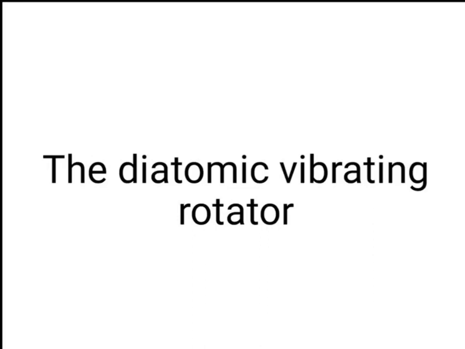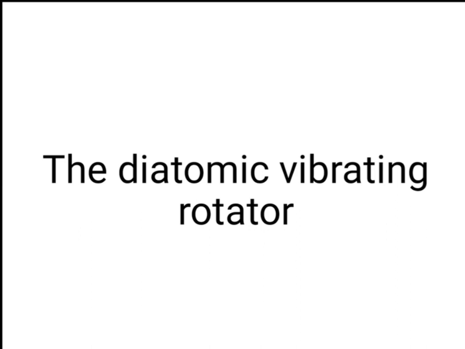Guys, today we are going to see the new point from IR spectroscopy, and today's point is the diatomic vibrating rotator. As we know, the molecule has four kinds of motions: electronic motion, vibrational motion, rotational motion, and translational motion. So here we are going to learn only the vibrational motion for the vibrational spectroscopy or IR spectroscopy. But instead of pure vibration, we will observe rotation also.